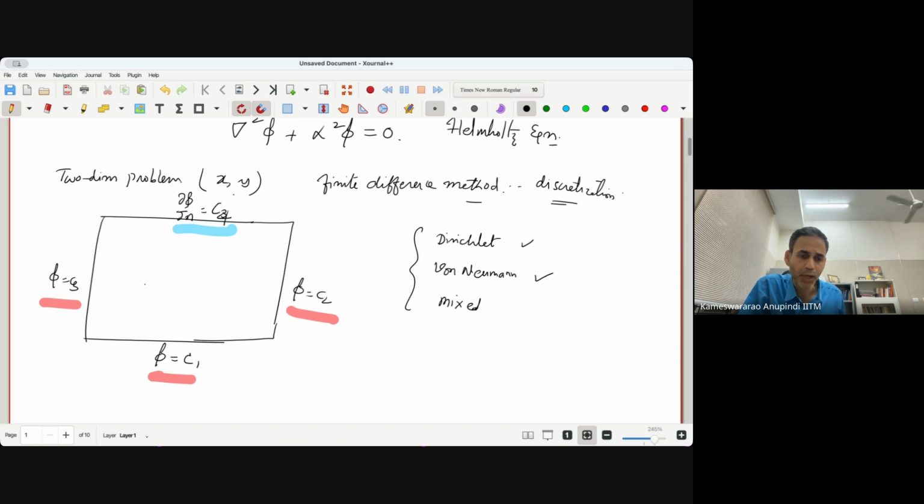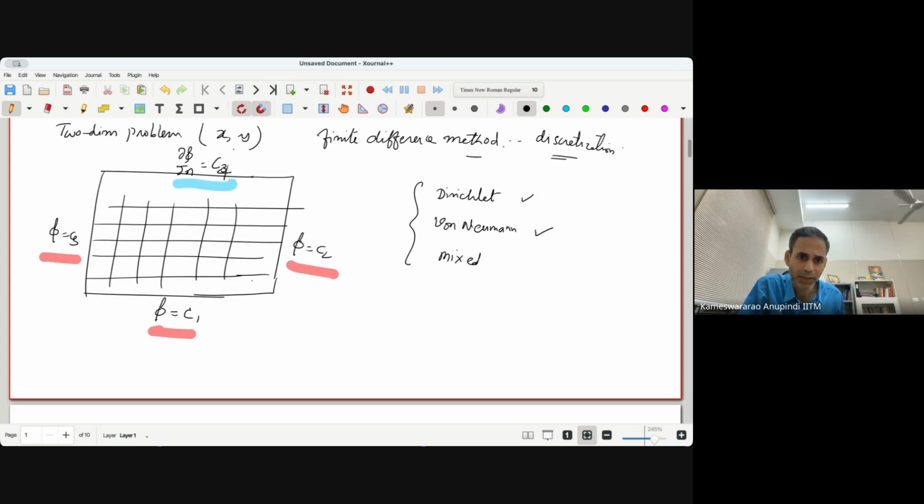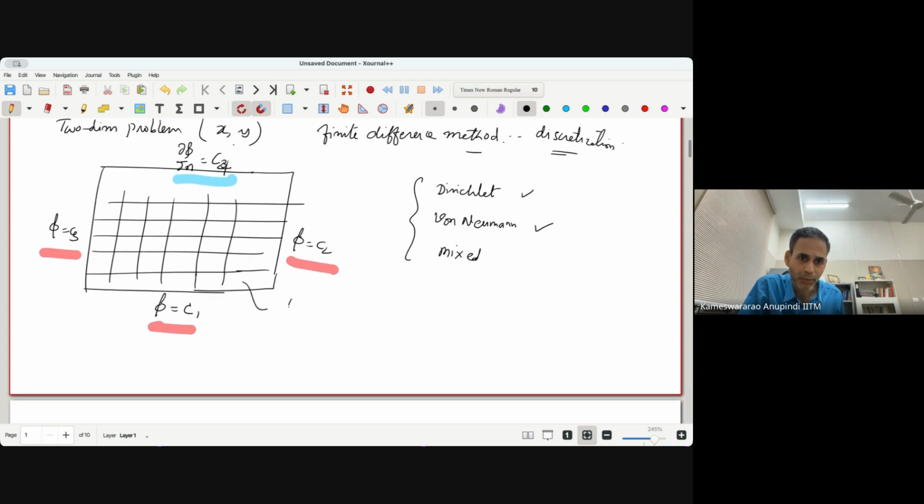That means we have to generate a mesh here. Okay, so let us assume we generate a uniform mesh in both the x and y directions. So that is the mesh we're going to generate. Let us generate a uniform mesh,